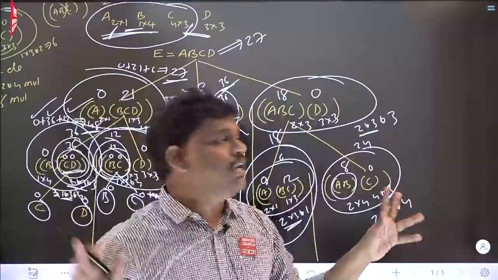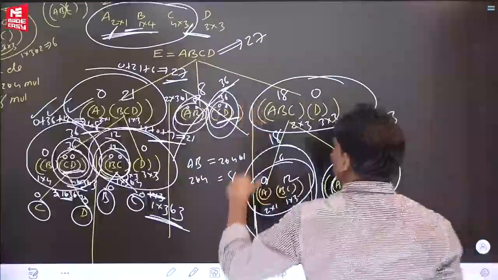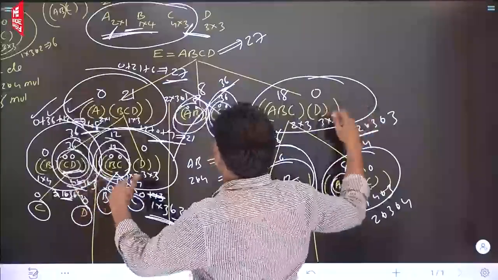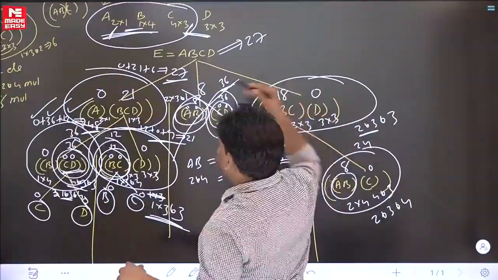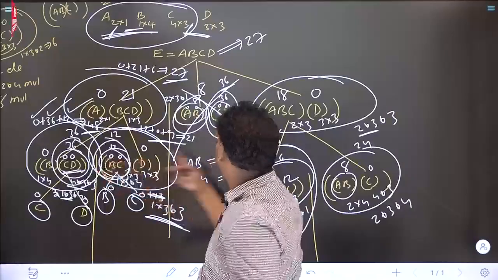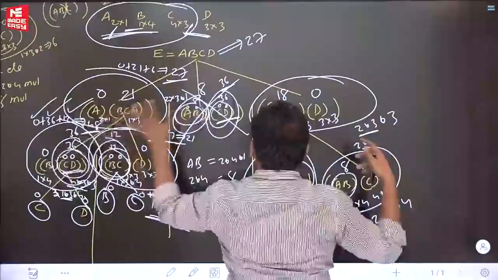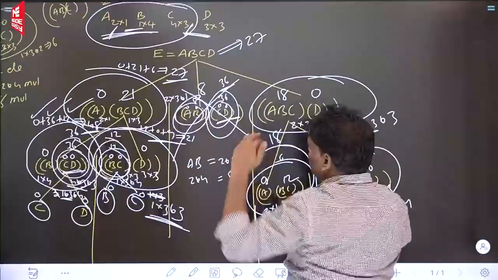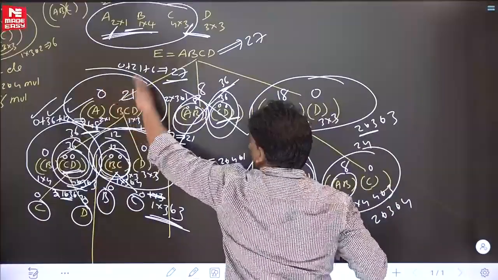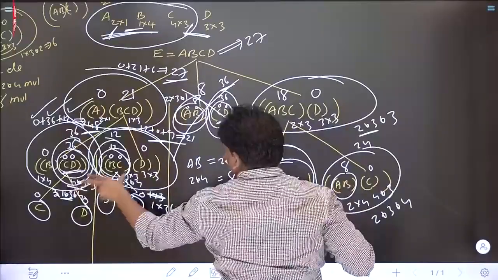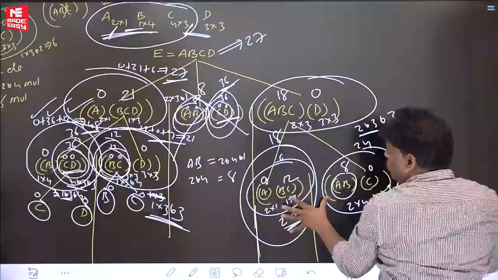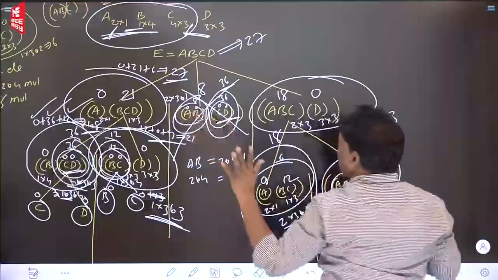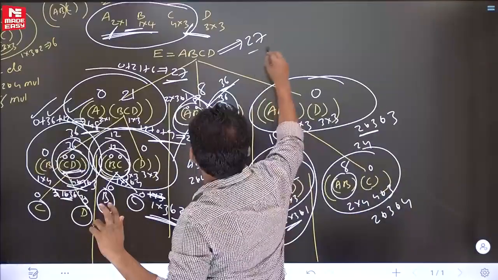Can you help me with this problem? To multiply these 4 matrices, how many ways are there? Totally 5 ways. But top level is 3. At the next level, you see 2 ways. Here 2. So the first one is given 2 ways, the last one is given 2 ways, the middle one is 1 way. Totally 5 ways. Out of the 5 ways, the best one is going to be 27.